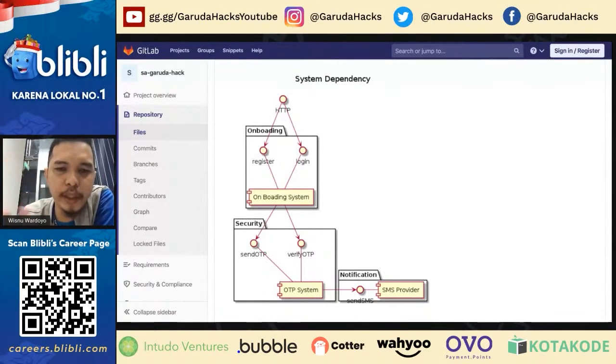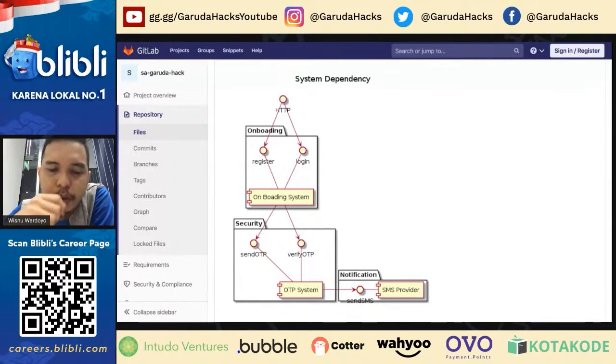So you don't need to mention the notification. You just need to mention the security. You don't care what security you're using, or what you don't know. It's okay, no problem, because you only work on onboarding. So you need to know only one downstream. Okay, the security, it's the minimal effort. The minimal one is you need to know about the security one.